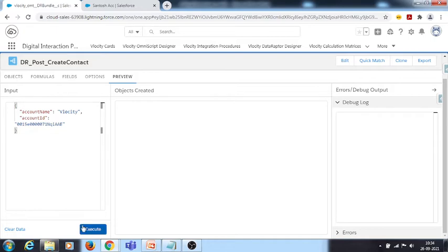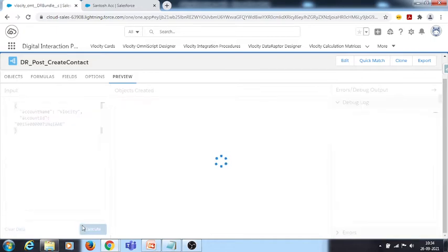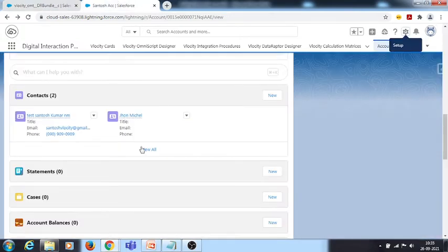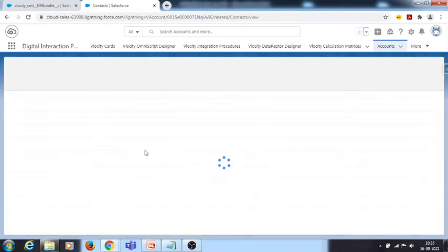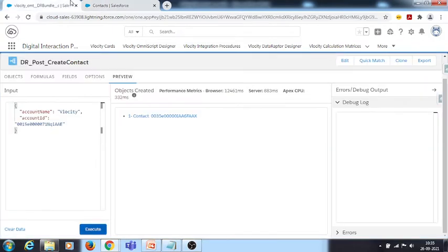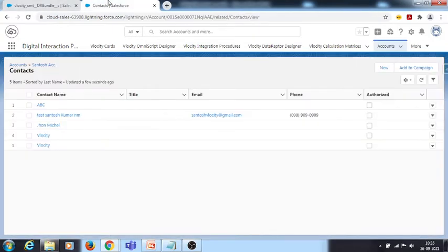If we observe this preview, now I'm passing account name and account ID. If I click on execute, it will create one contact. Let's see whether it is created or not. I'm clicking on view all. One extra contact should be there. Velocity is the name.